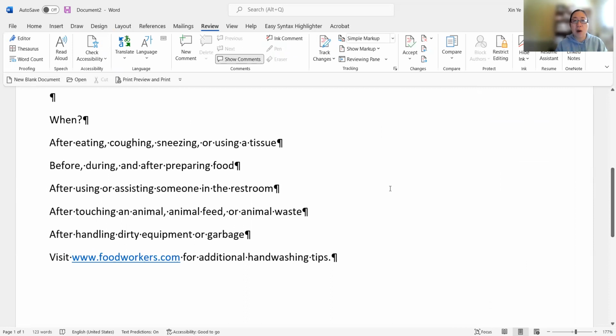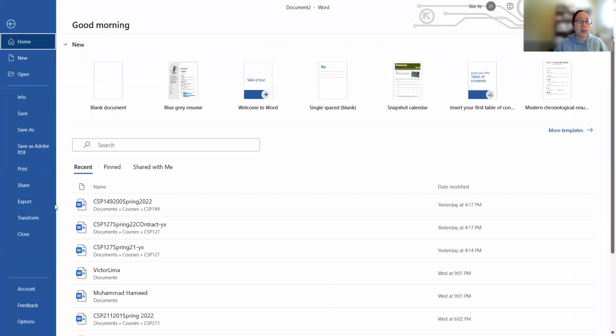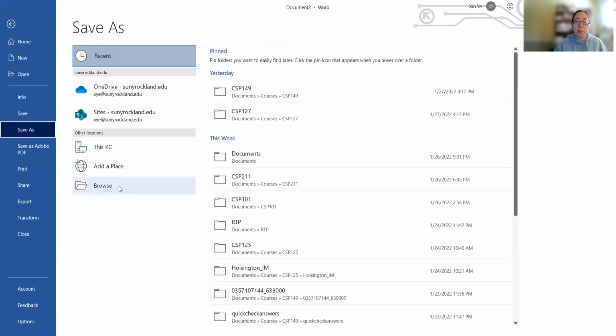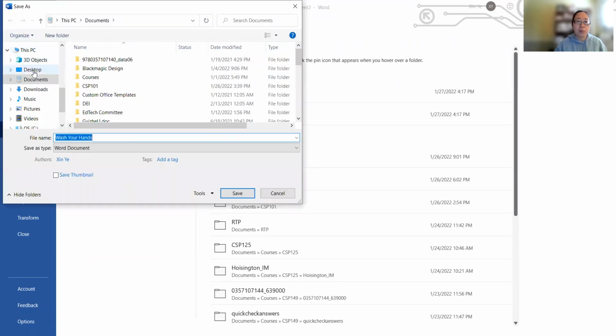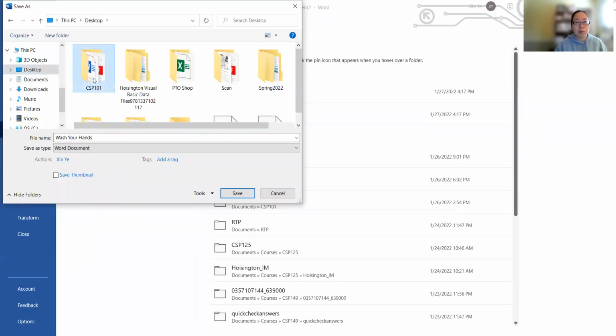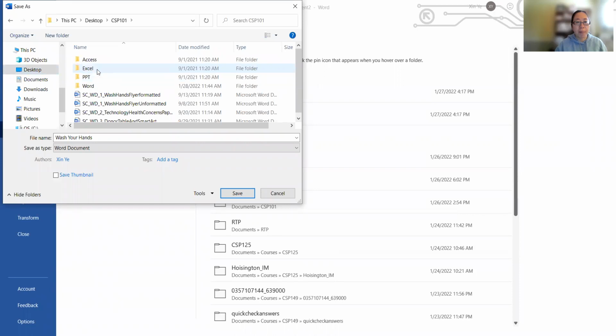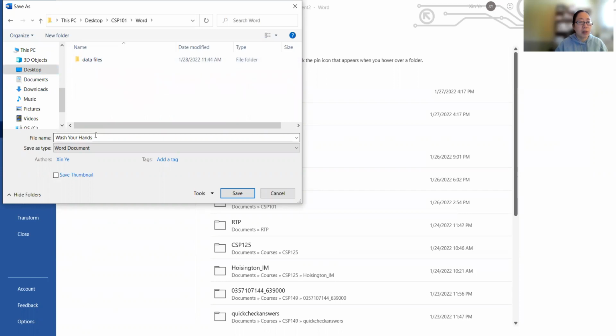Now we're going to save our work. We go to the file section. I'm going to click Save As, and we browse. Maybe I'm going to choose to save it right here, somewhere in my folder. I'm going to give it a name. The name of this file is on page 22. The name is